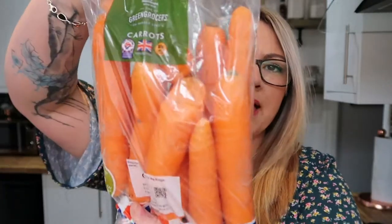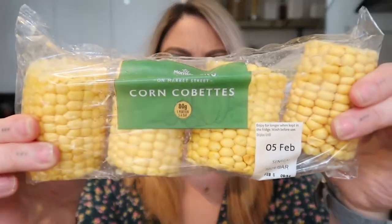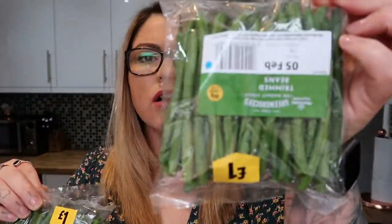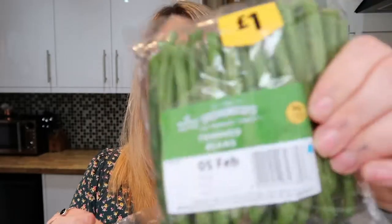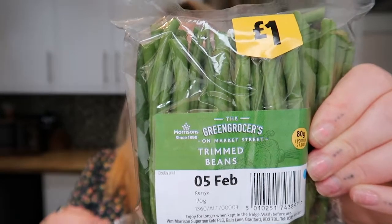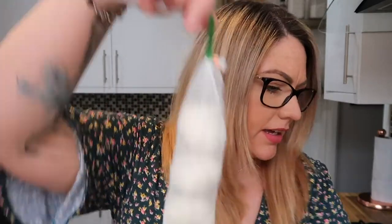I got a bag of carrots. I got 4 half-size corn on the cobs. I got, is it 3 bags? Yeah, 3 bags of green beans. These are for a recipe that I'm trying this week. I got a bunch of garlic,